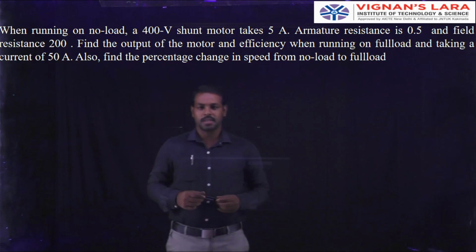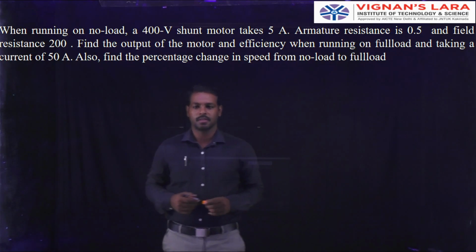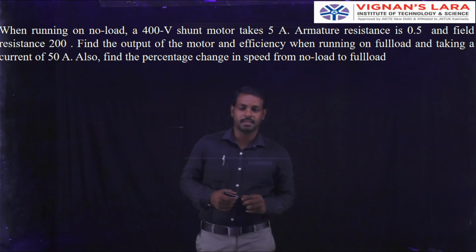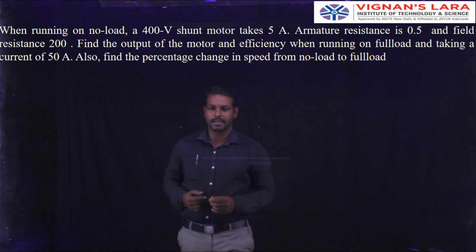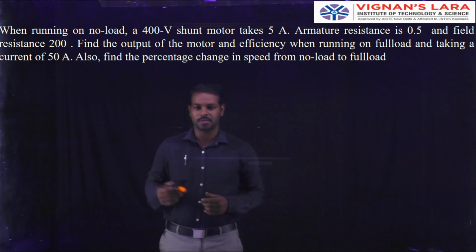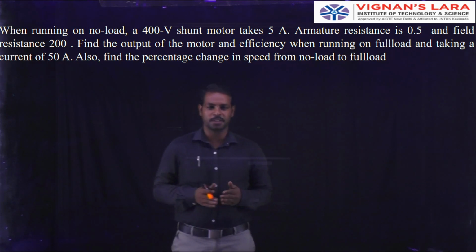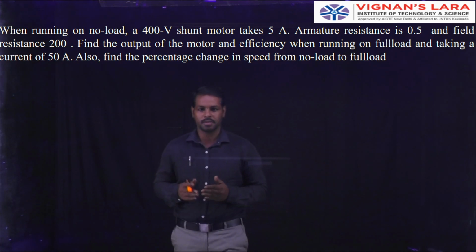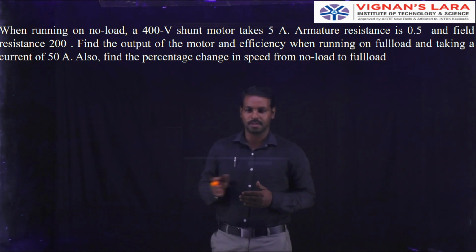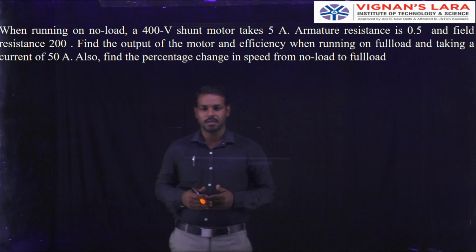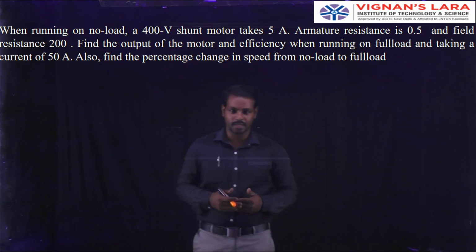So last class we solved the two models. One is the brake test, the second one is the Swinburne test. In the brake test, we discussed the effective load as well as the spring suspension loads on the motor with different parameters, S1 minus S2 as the effective value. These two models were calculated in the last class.